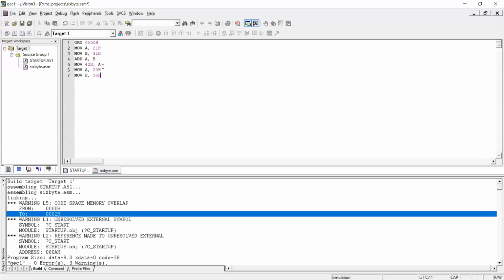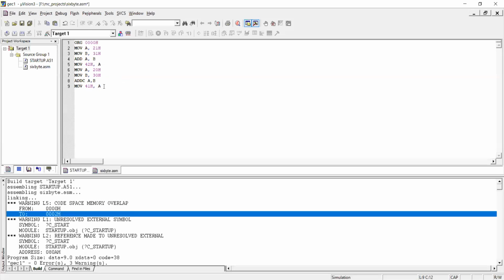Now I will add the higher byte numbers. I will use ADDC, to make sure that if there is a carry from the addition of the lower byte numbers, it is included. So I will use the ADDC A, D instruction. Next, I do MOV 41H, A. The result is stored in the accumulator, and that higher byte result I will move into memory location 41H.